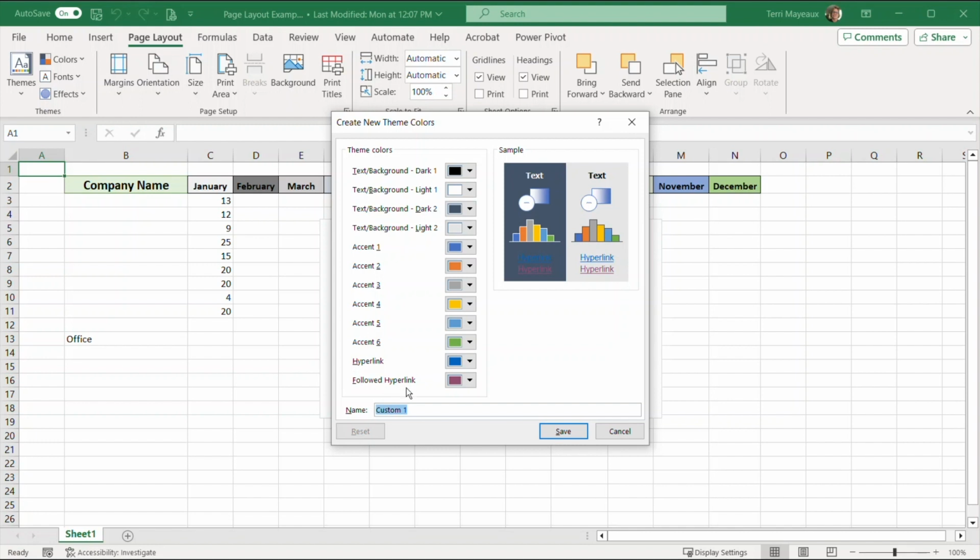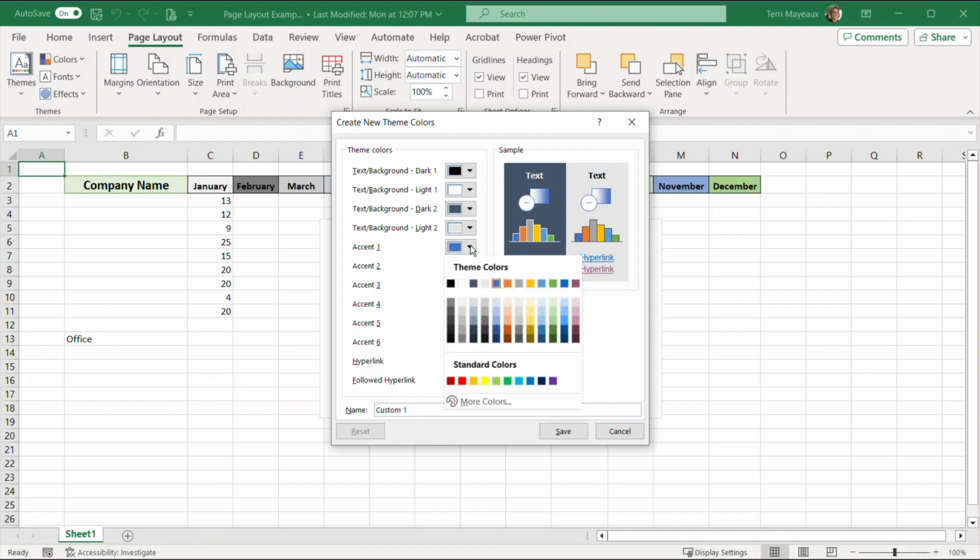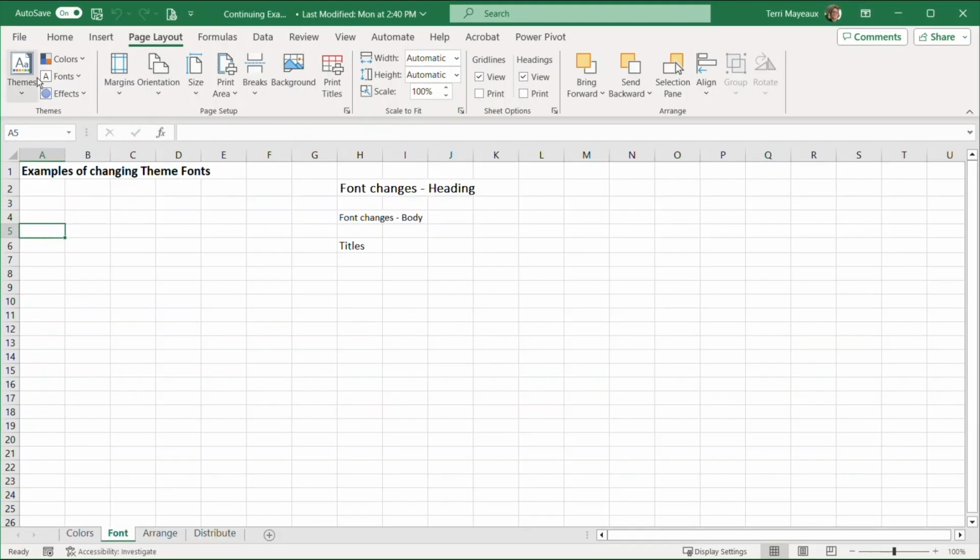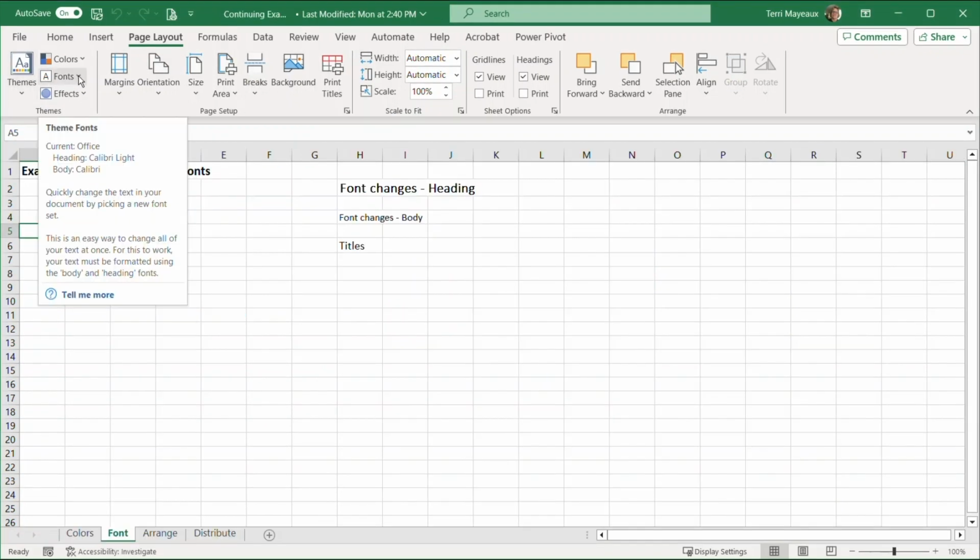So even though I have selected a color scheme, I can still come in and change one of these colors to something else, say here instead. So this gives you so much flexibility just in using colors, and it helps you think through how you want your colors to look. Now let's look at one last button in the themes group, and that is the fonts